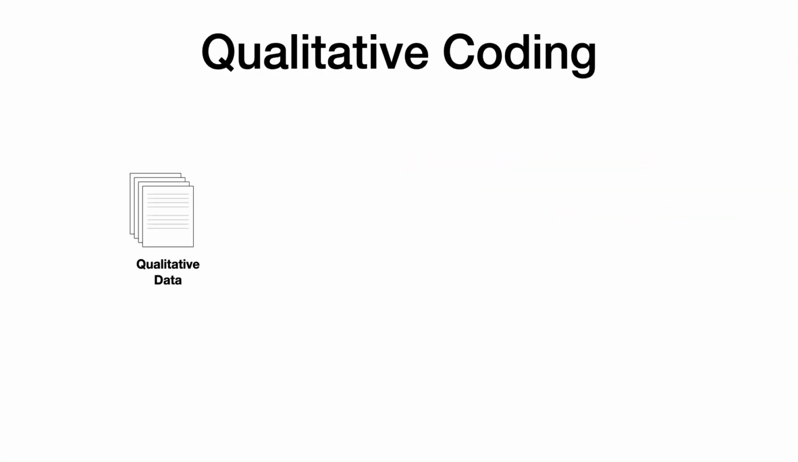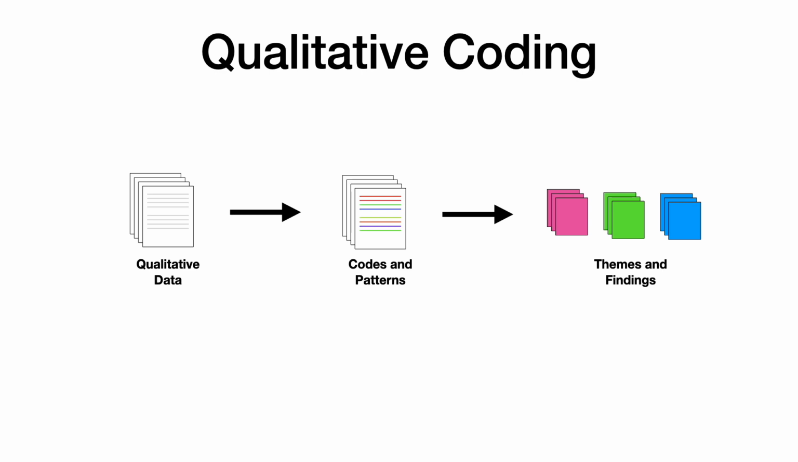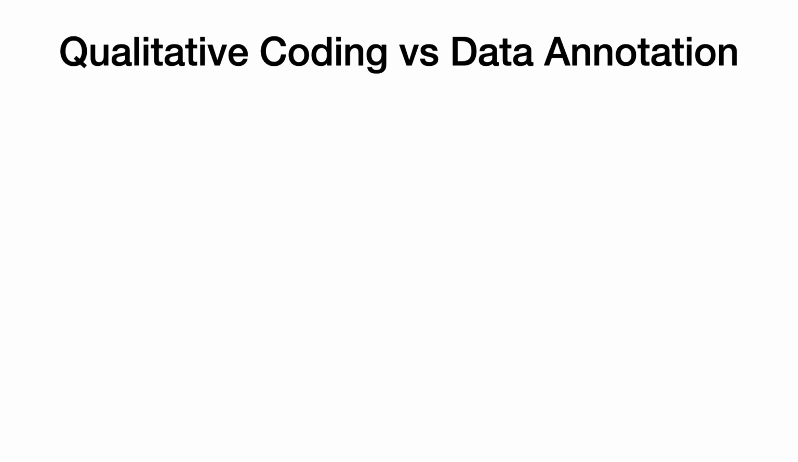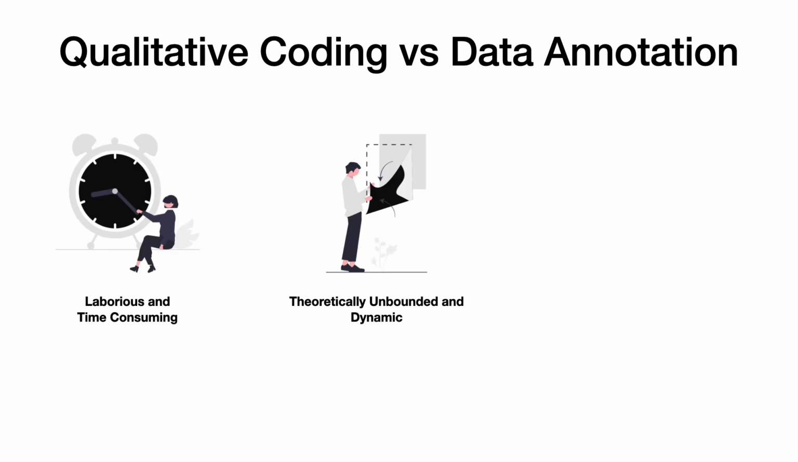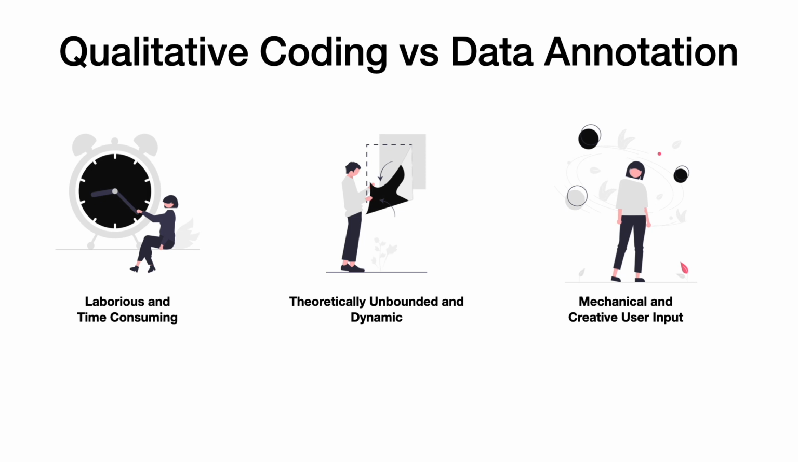Qualitative coding is the process of indexing, categorizing, and labeling qualitative data. The goal of the process is to interpret the data in relation to some research question. Although the use of AI assistance in data annotation has made significant progress, qualitative coding has unique characteristics that make effective human-AI collaboration difficult. Not only is qualitative coding a laborious and time-consuming task, it also requires dynamic and creative